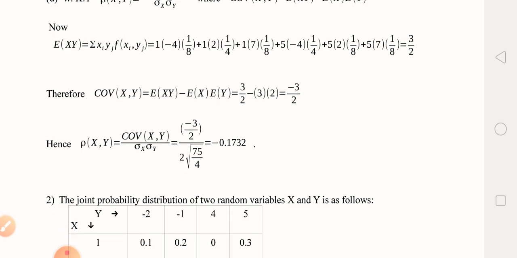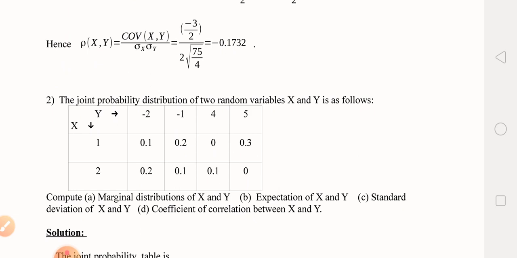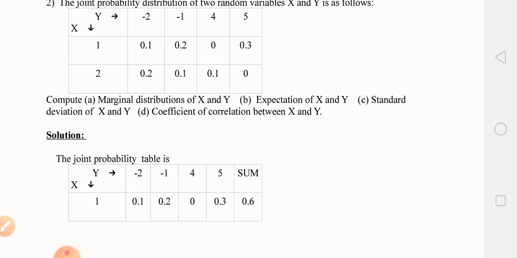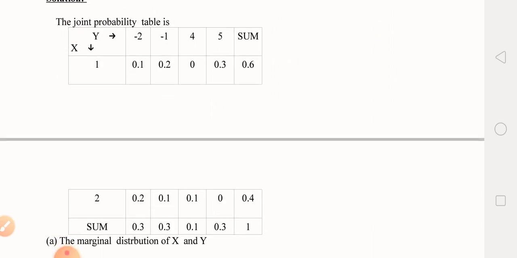The second problem: the joint probability distribution of two random variables x and y is as follows. They have given the joint probability distribution. Compute marginal distributions of x and y, expectation of x and y, standard deviation of x and y, and coefficient of correlation. So our first work is to complete the given joint probability table. For that purpose, take the given table as it is, and add one row and one column to sum the probabilities. So the joint probability table is,